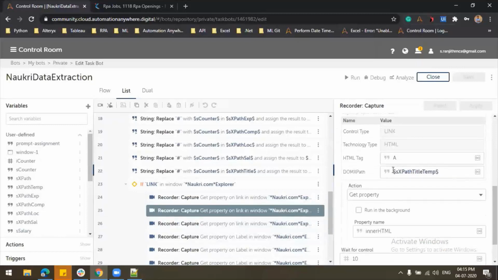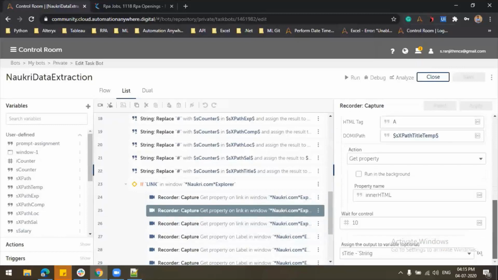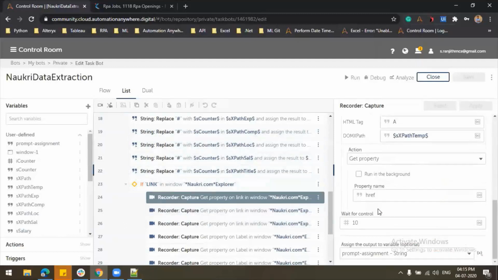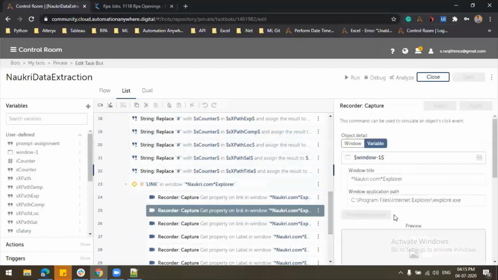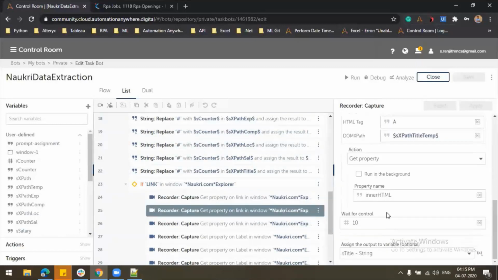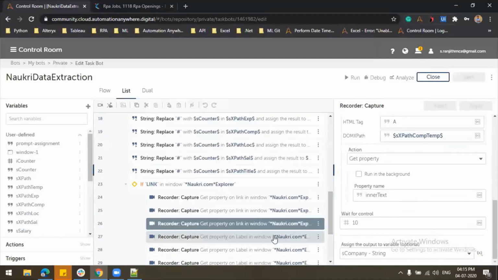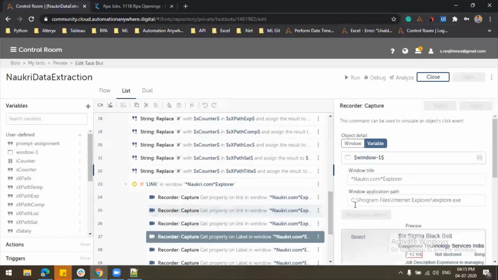From this title I get this one, and in that output you'll see the link also. This is to extract the href, and this is to extract the inner HTML. The same thing goes for the others: inner HTML, and inner text.